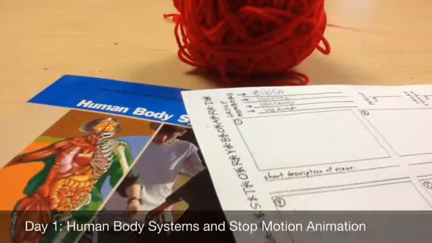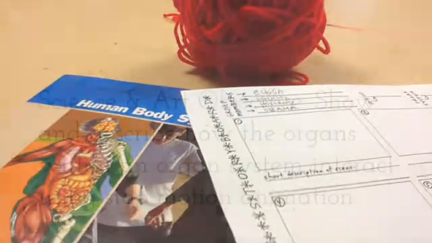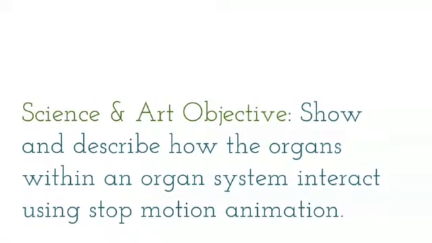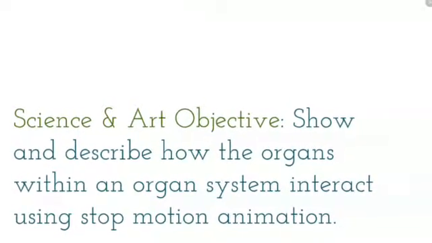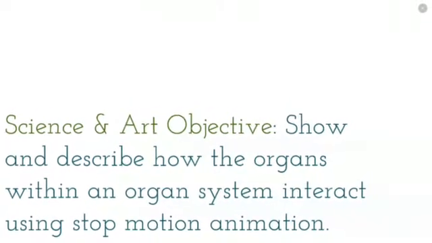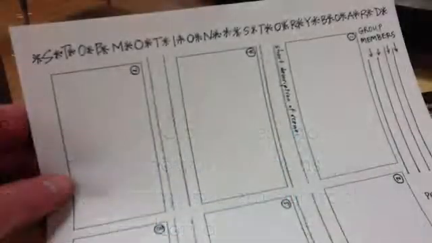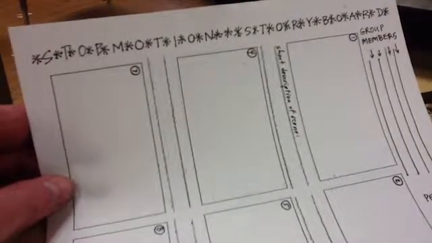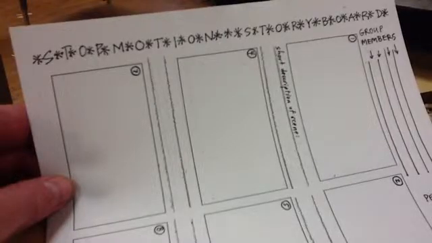This is a demo video for day 1 of the stop motion animation project for 7th grade science. Your job this week is to show and describe how the organs within an organ system interact using stop motion animation. Your primary job day 1 is to create a storyboard for your stop motion animation that shows the interactions